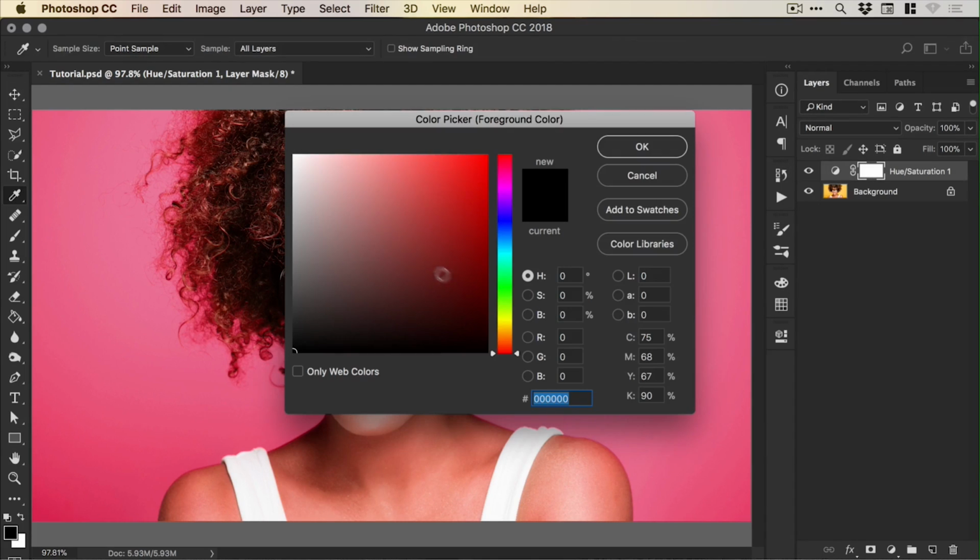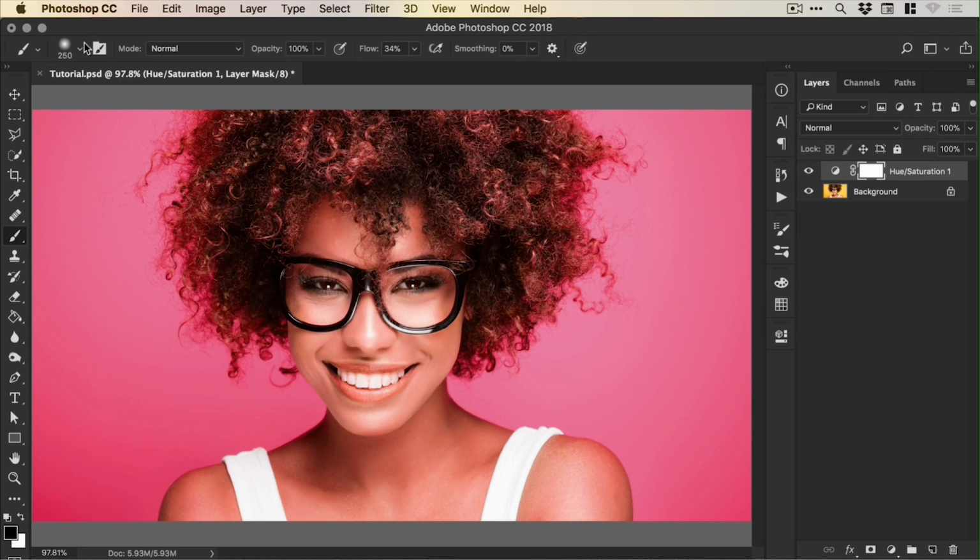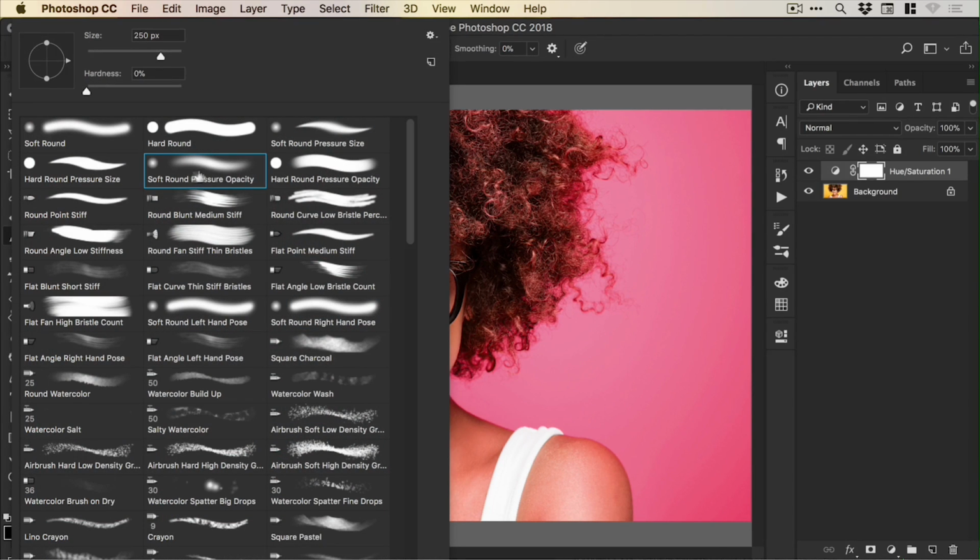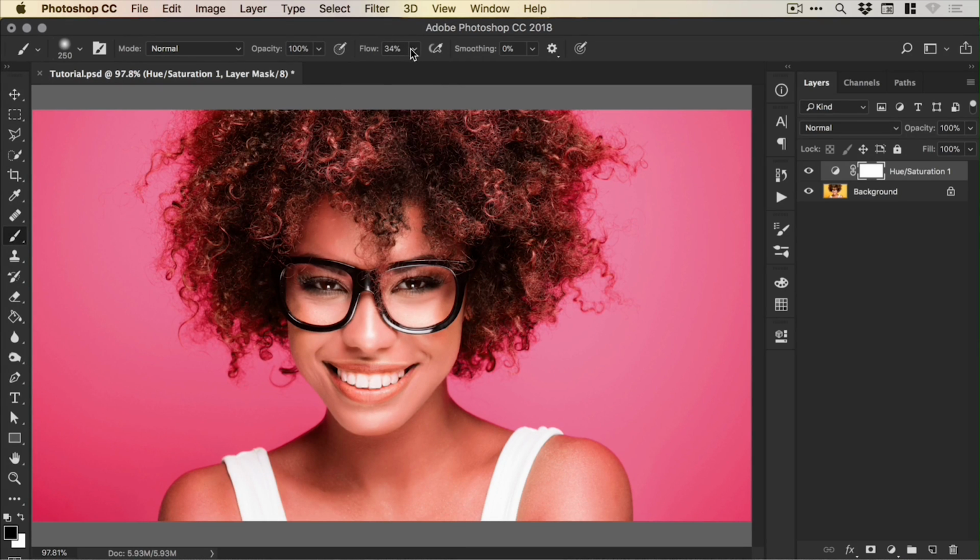And of course we can also select black as our foreground color. The brush tool, one of Photoshop's lovely default feathered brushes with a hardness of 0%. And if you bring the flow down from 100 to about 30 somewhere,